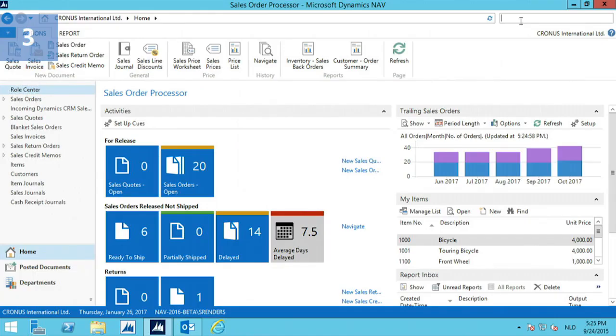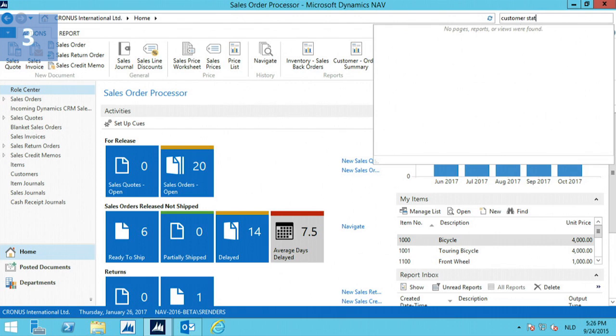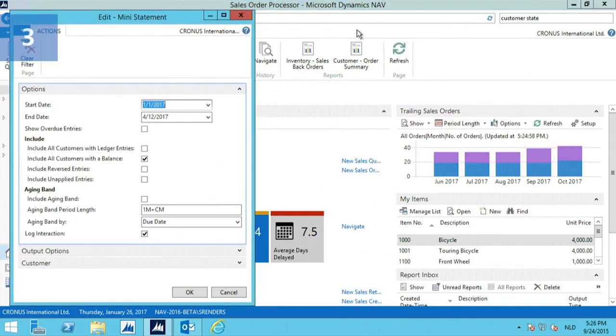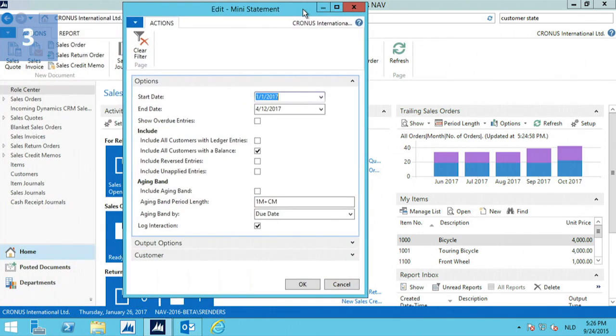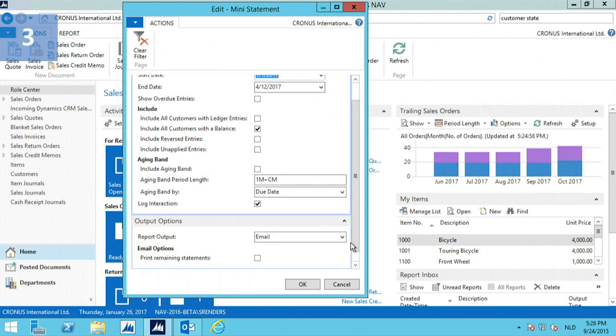In order to generate our customer statements, I'm going to look for customer statements in the search bar. I'm going to select it, and as you will notice, it's a report. The request page opens, and in here I can select some options. I'm going to define the start date and an end date. I'm going to include all of the customers with a balance, and then if we go to the output options,